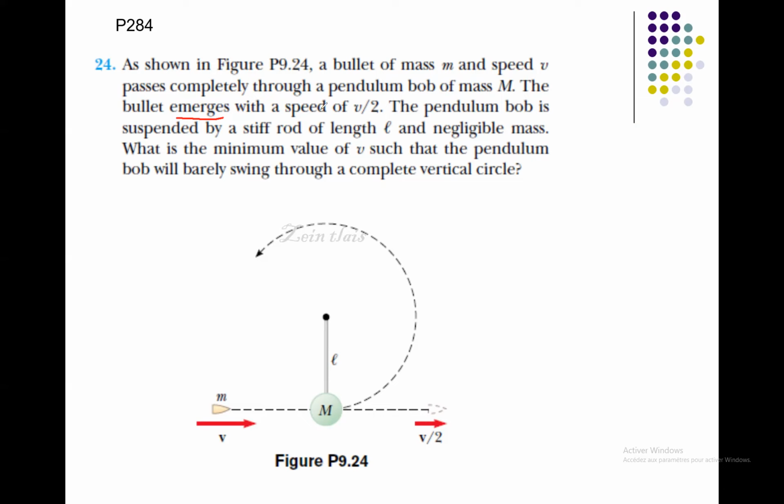The question is, what is the minimum value of V such that the pendulum will barely swing through a complete vertical circle? When I say barely, it means the pendulum will arrive at the top of the circle with about zero velocity. I mean at this point the pendulum has v equals 0,